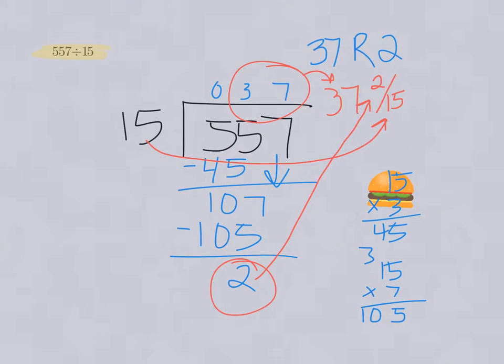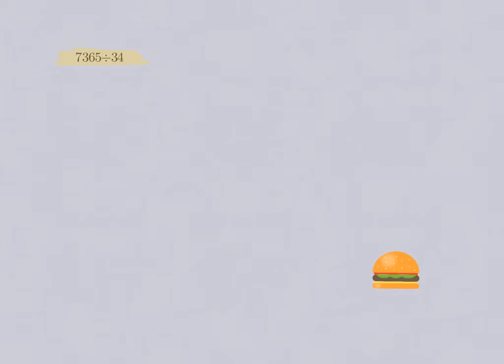So you have 2 options when writing answers to division problems that result in a remainder. You can write it as remainder 2, or you can write it in fraction form as 37 and 2/15. Your remainder is the numerator, your divisor is your denominator. Let's try it on another problem. Our next problem is